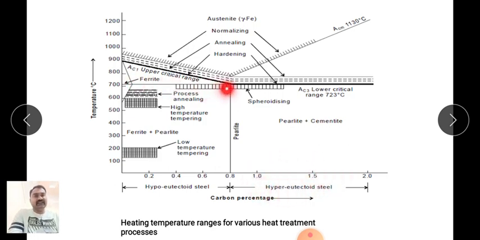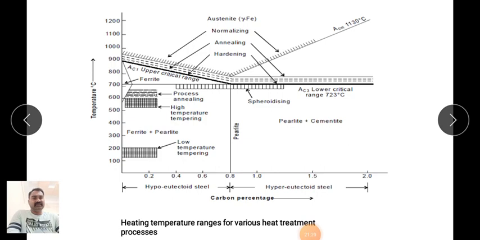And which is the eutectoid point? This is the eutectoid point. Here we can observe the austenite, here alpha ferrite, and on this side the cementite. Whatever austenite transforms to pearlite, that is pearlite plus cementite, and here alpha ferrite plus pearlite, that's why ferrite plus pearlite. And the different hatching lines, some dotted, some horizontal, some vertical, shown in this diagram at different sections represent the different cooling zones.